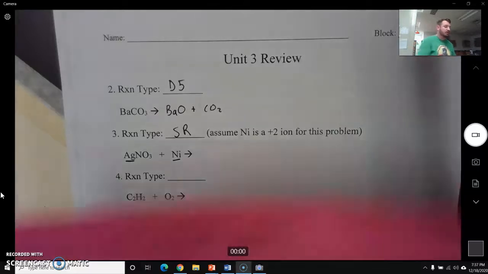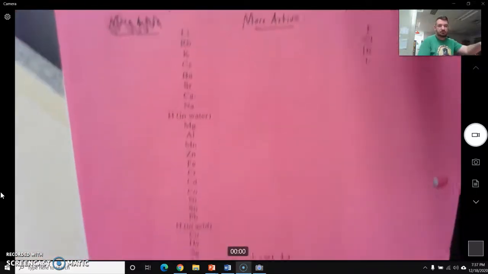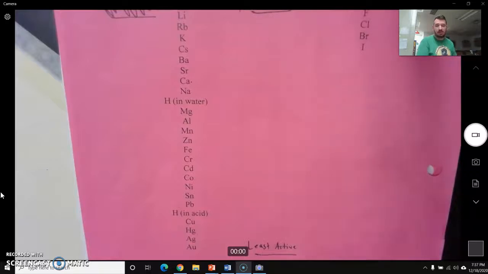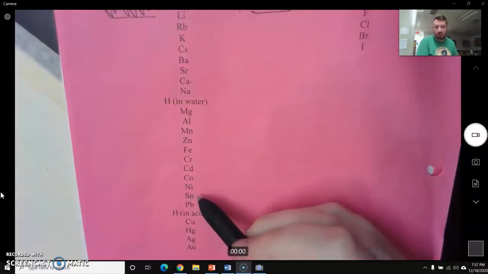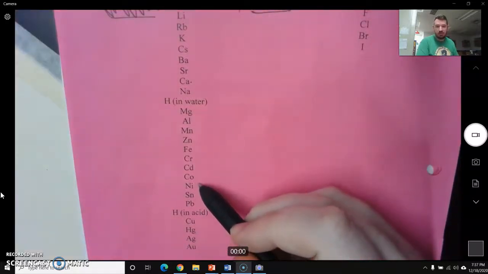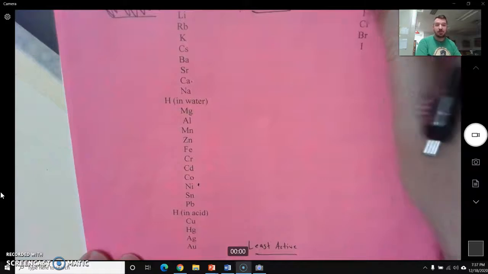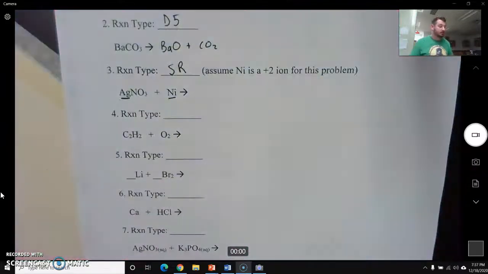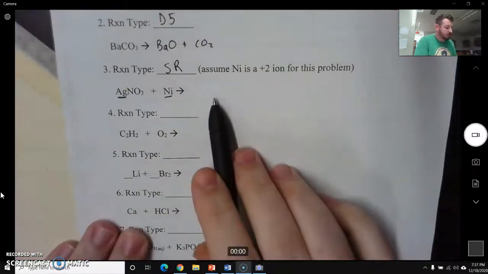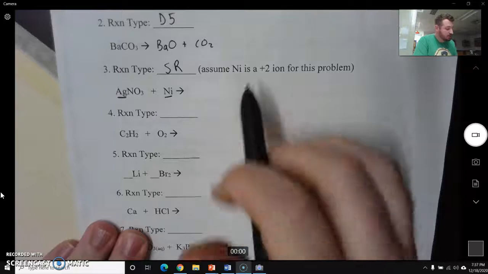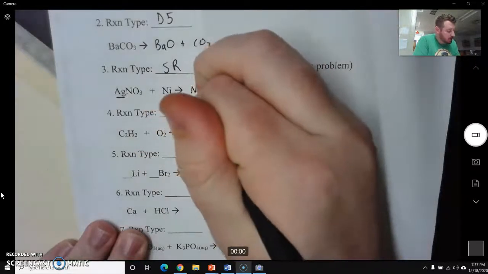So when I'm looking at my list, I see that nickel is right here, and silver is down here at the bottom. Nickel is higher on the column, so that means it has a greater activity and is going to end up in the compound. So our products, right, should be nickel nitrate, and nickel nitrate would be